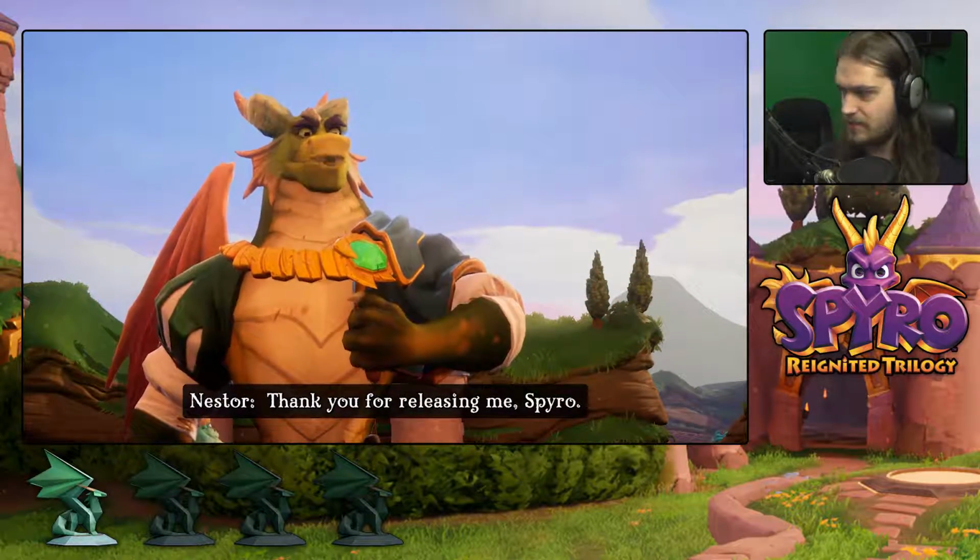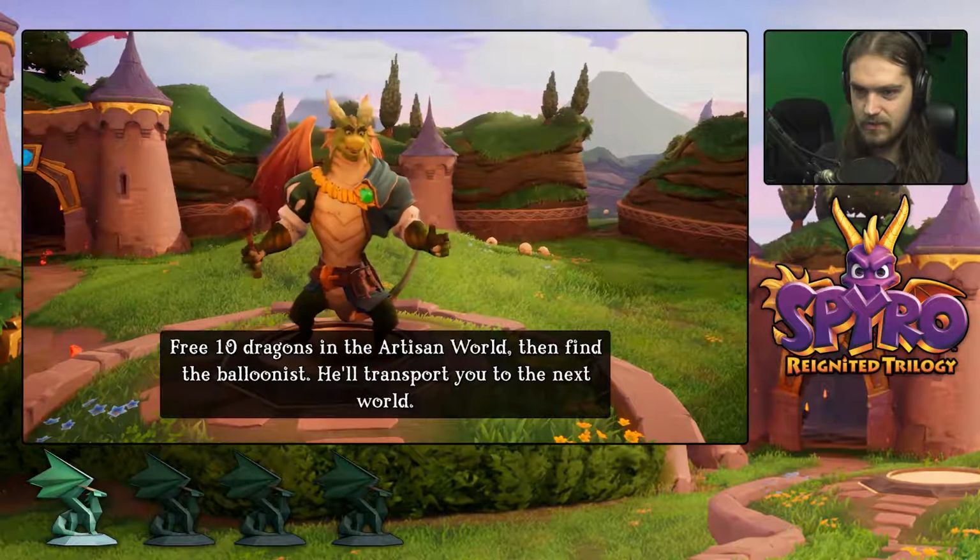Thank you for releasing me, Spyro. Free 10 dragons in the artisan world, then find